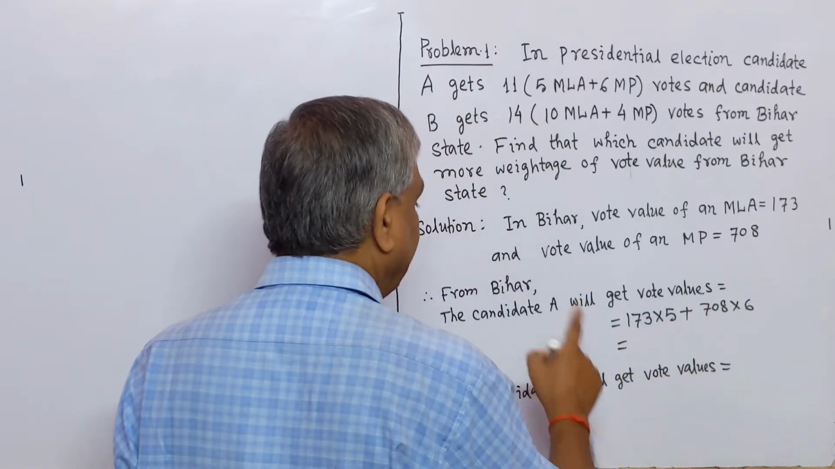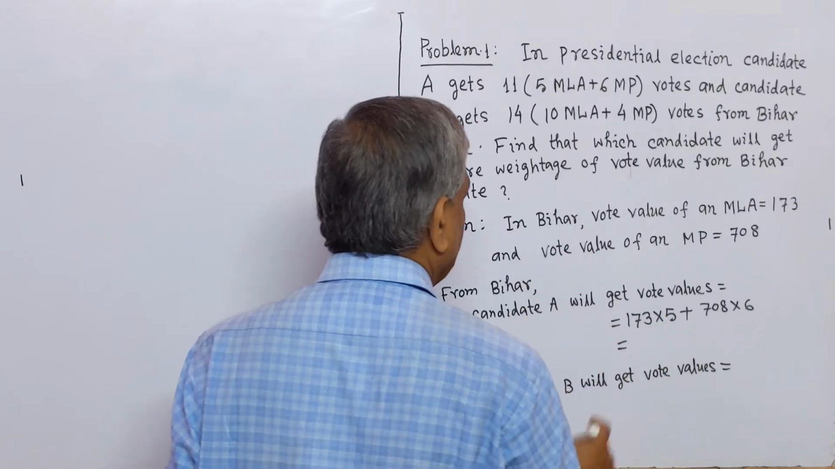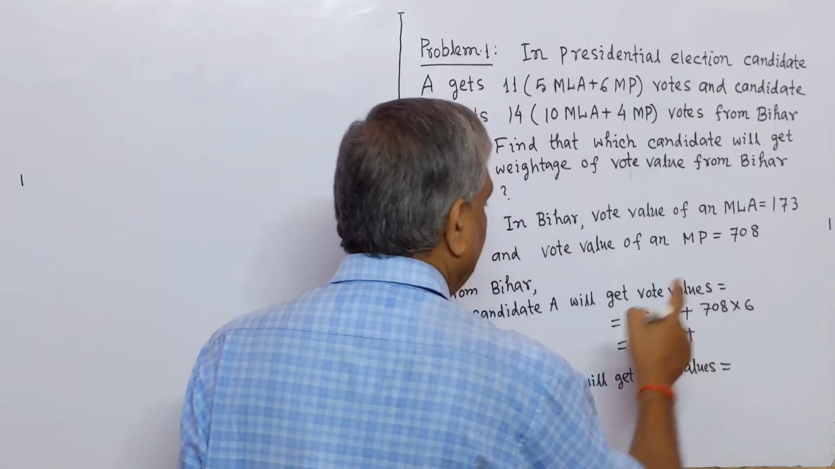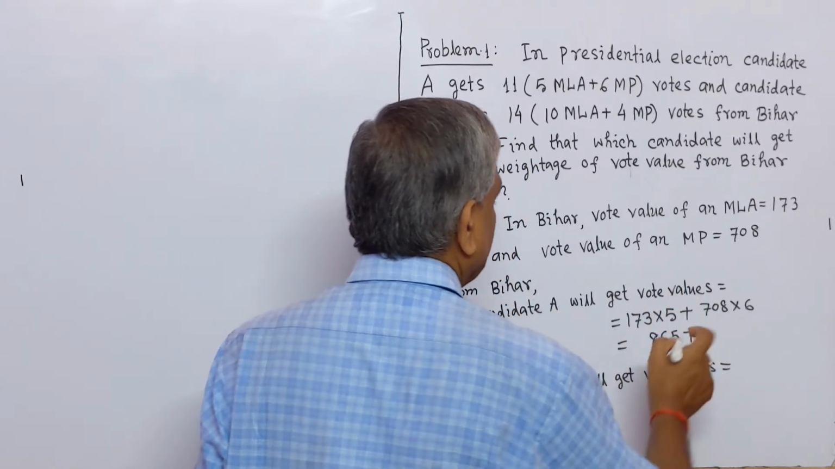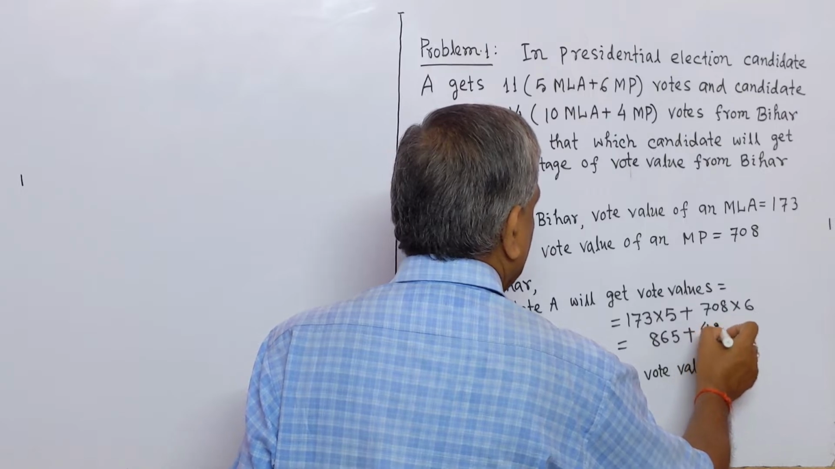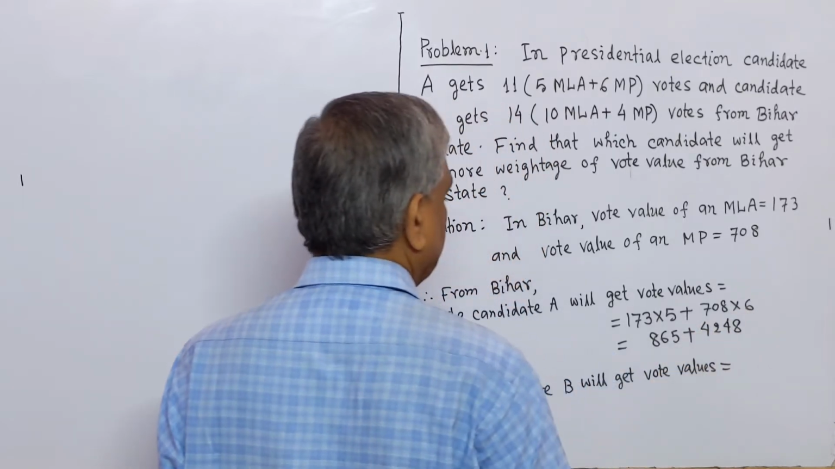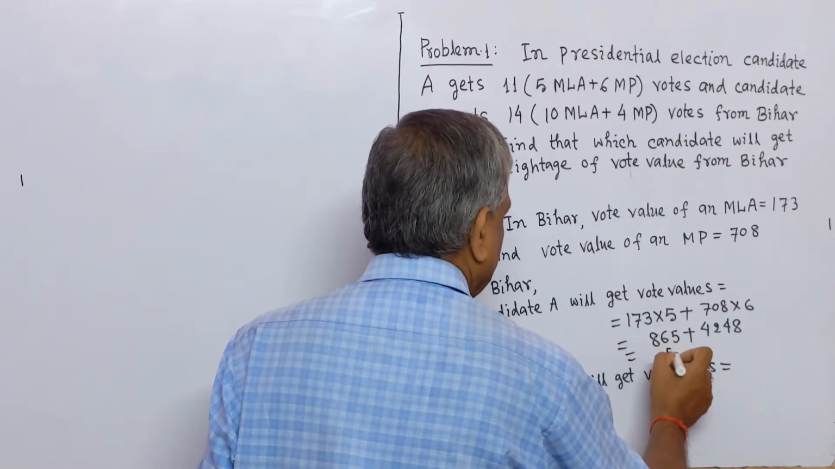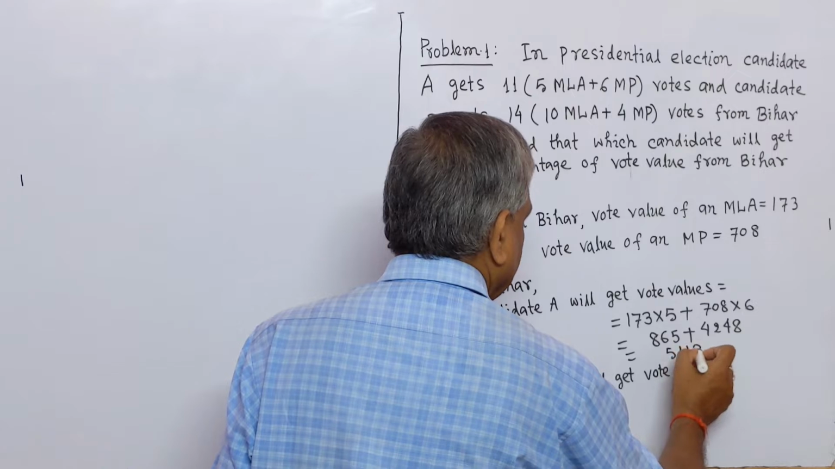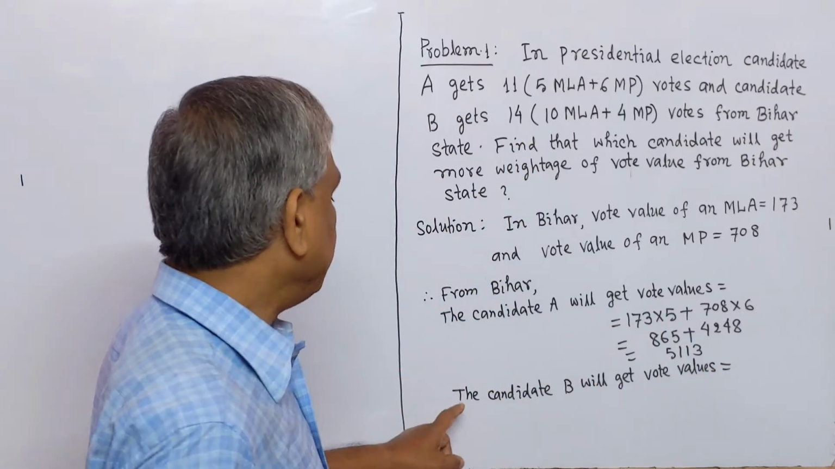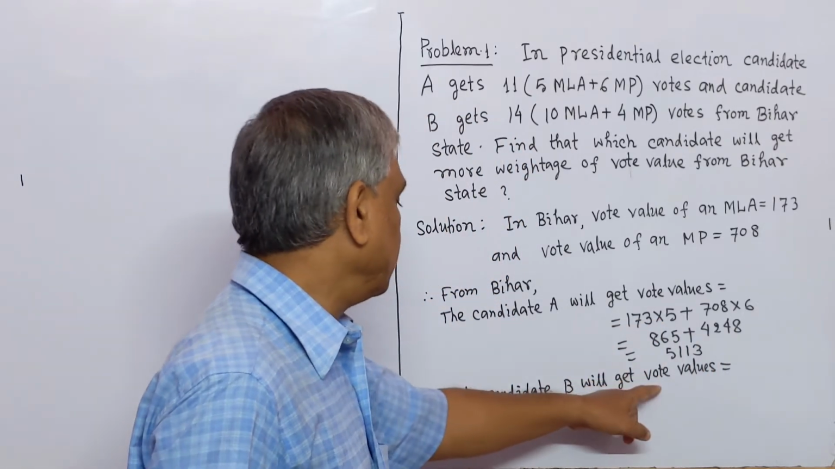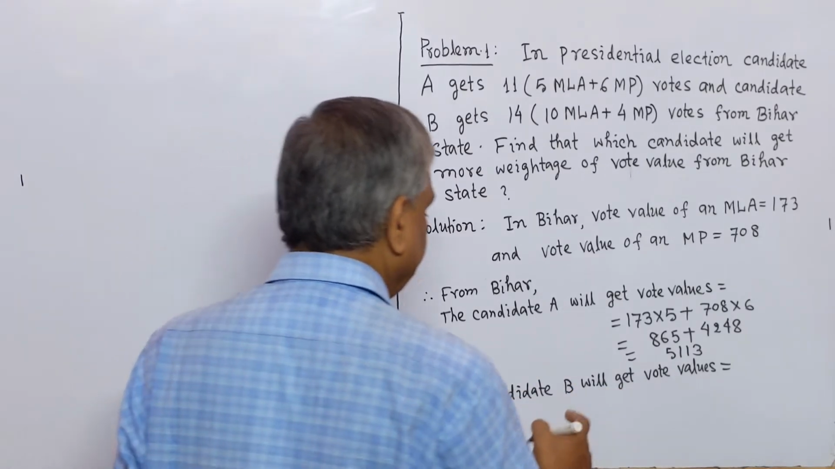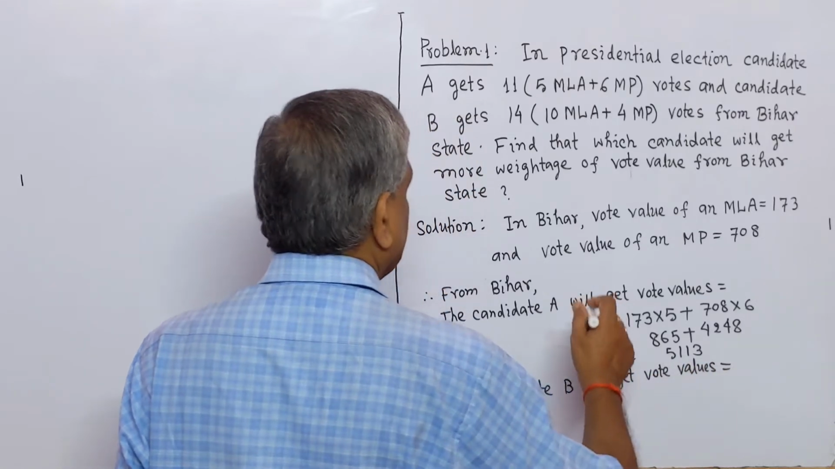This equals 173 multiply 5 equals 865, plus 708 multiply 6 equals 4248. If we add these, we will get 5113. Now we have to find the vote value obtained by candidate B, and this will be equal to